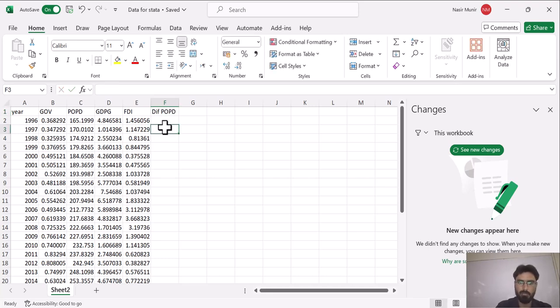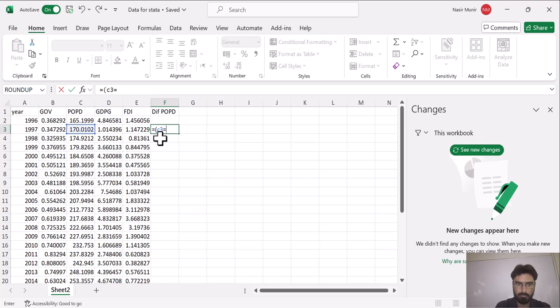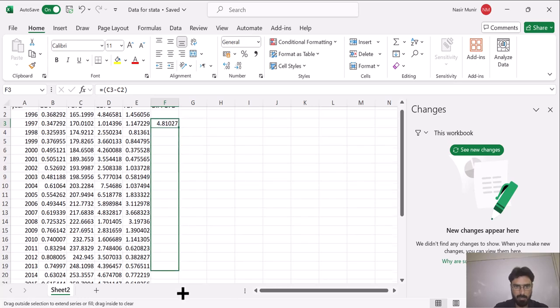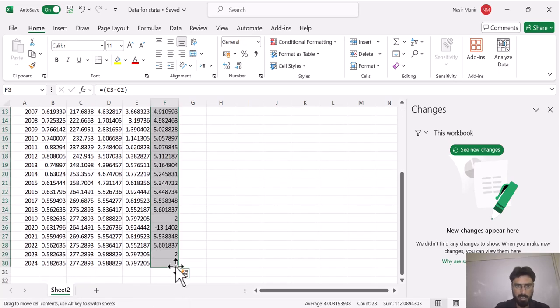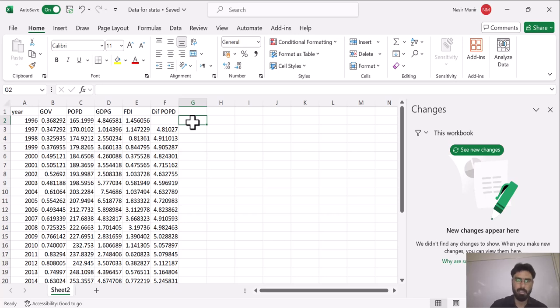So here you have to write the formula, first by starting with equals, then the row number of this column, C3, so you have to enter C3 minus C2, this value minus this value, then press enter, and here you can see that it has taken the first difference. Then drag down this formula here and it will calculate the first difference for all your values. So this is how you can calculate the difference in an Excel file.